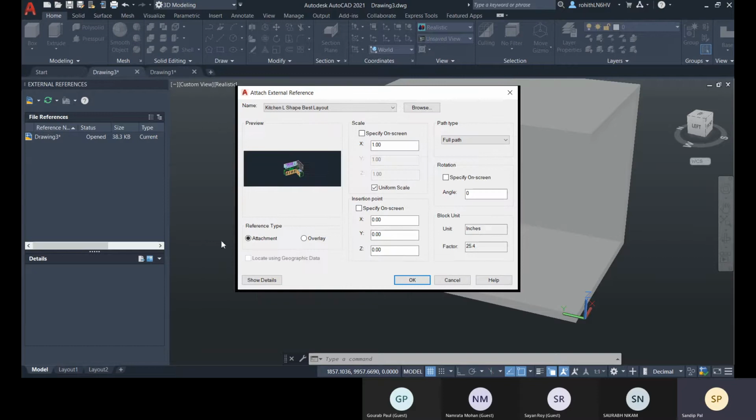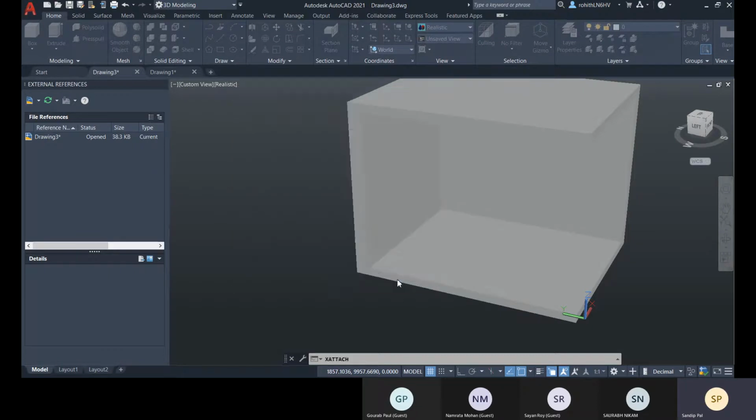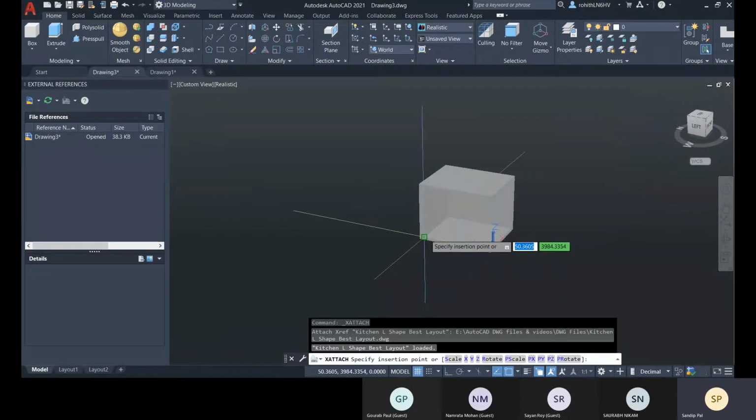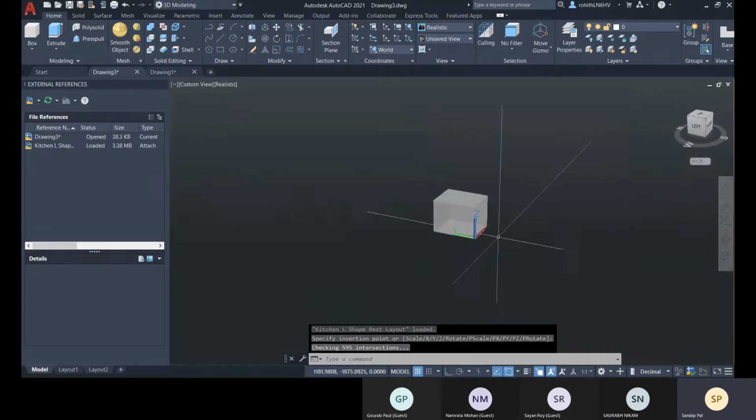Let's bring this kitchen layout and let's specify on screen and click on OK. Let's specify over there.